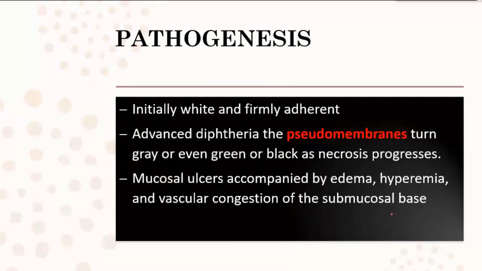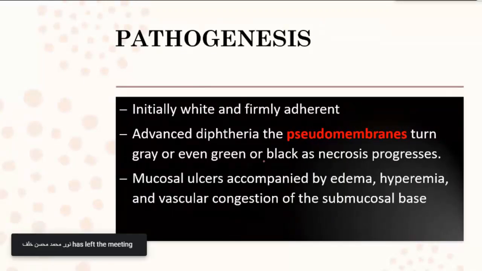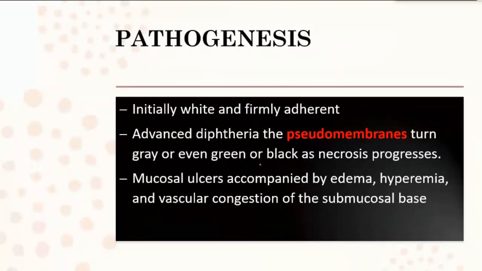دكتور ما فهمت ليش يسموها سيدو ممبرين؟ لأن مو نفس الميكوزا مال. Yes, it is not the actual mucous membrane of, for example, the throat. Why? Because as the infection kills the cells, there will be shedding of the cells, and so the necrotic cells will be accumulated over the original mucous membrane. So why do we call it a pseudomembrane? So واضح? It's not the usual mucous membrane that is affected. This is due to excessive shedding of the dead cells.